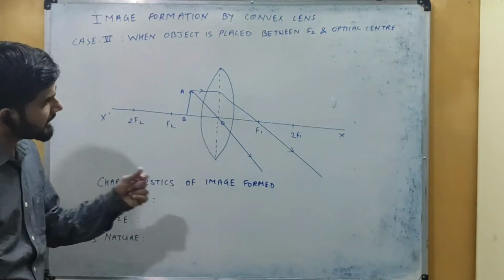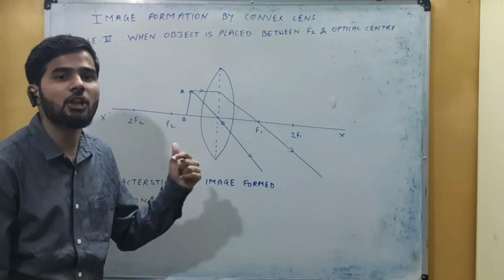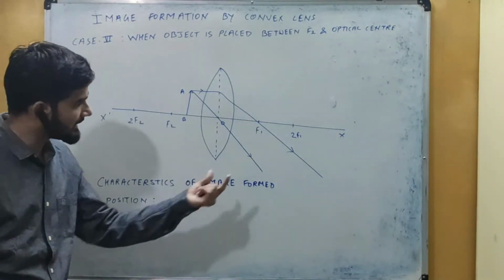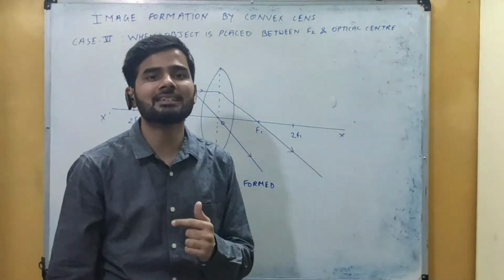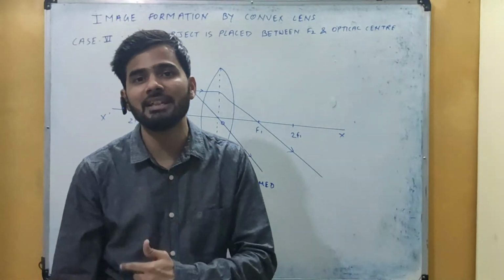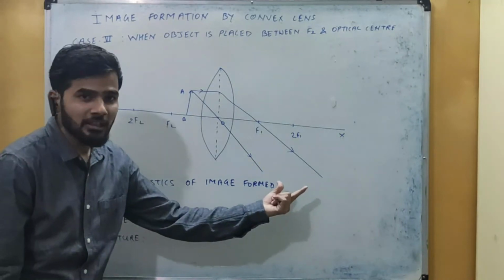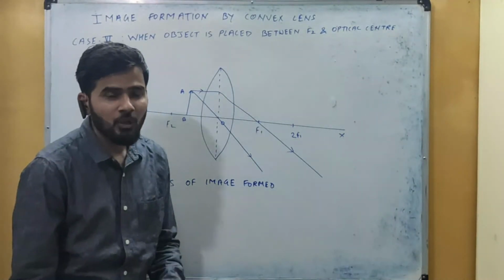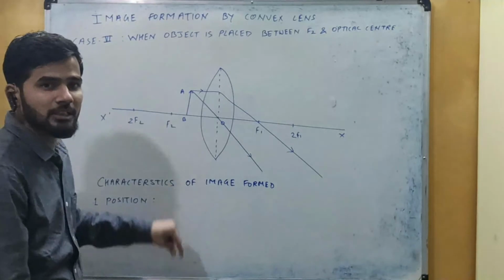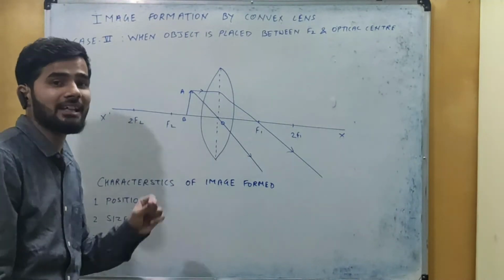Okay, now here you can see these two light rays, they will not be parallel to each other. अगर ये यहाँ पर parallel होती तो हम कह सकते थे कि इस केस में भी जो image है वो कहाँ पर बनेगी, infinity पे बनेगी. But here in this case they are not parallel, तो ये आगे जाके कहीं तो मिलेगी नहीं. Where they can meet, if we extend them in the backward direction, then they can meet at any point.